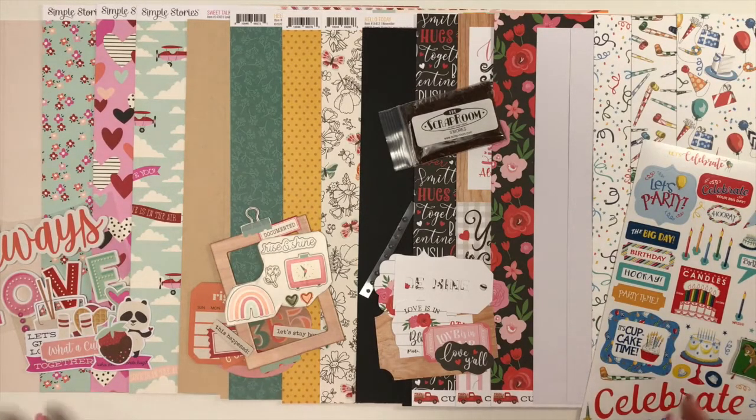So this month our 4 collections are Let's Celebrate from Cartabella. We have Cupid and Company from Echo Park, and Hello Today from Simple Stories, and Sweet Talk from Simple Stories. So we have birthday, Valentine's Day, and every day of the year. So let's dig in and let's take a closer look at everything you're going to get in your kits this